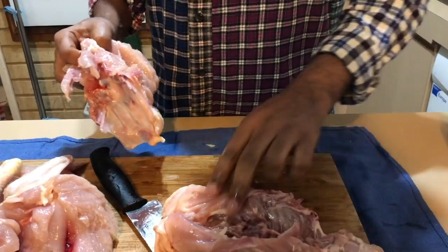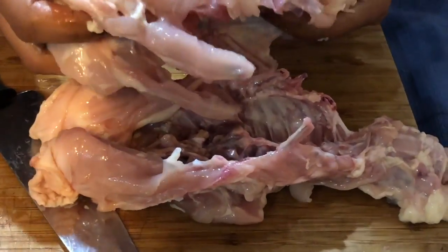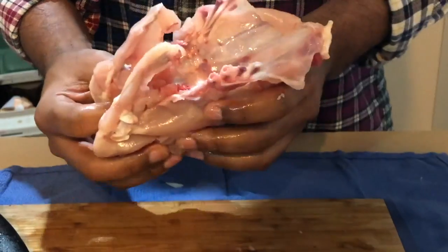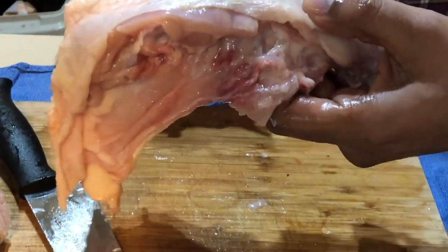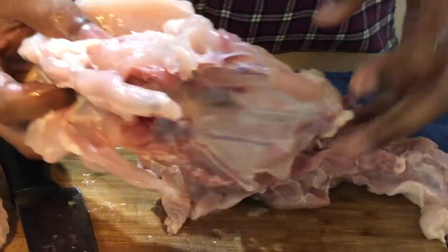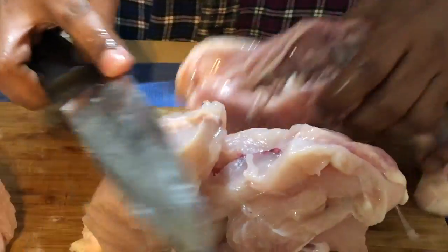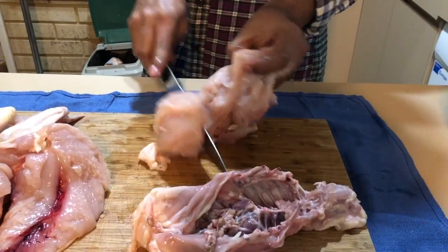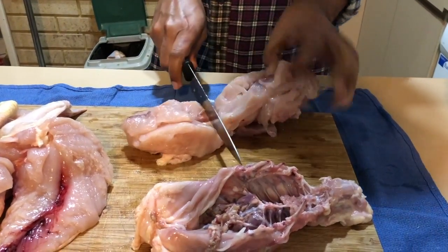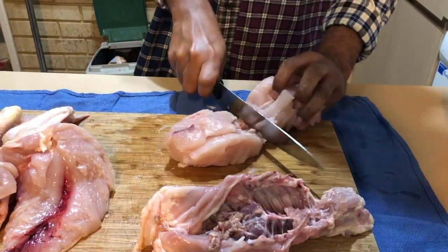These are the ribs, and this is the ventrum, or the under part of the body, and this is the upper part. Sorry, this is the dorsum, or the upper part of the body. These are the ribs, and this is the lower part, the breastbone and all that. So with the basic dismembering of the chicken without chopping and any of those complicated things, now the remaining,